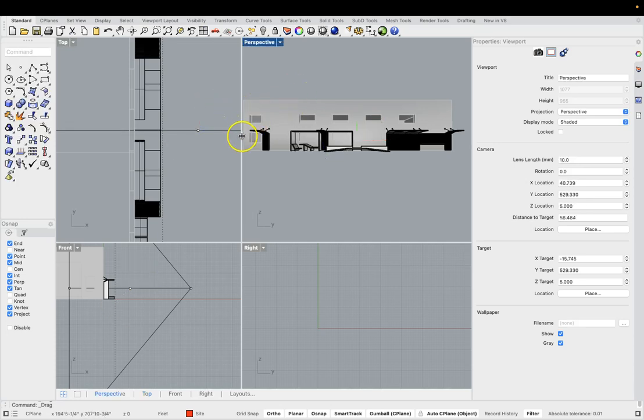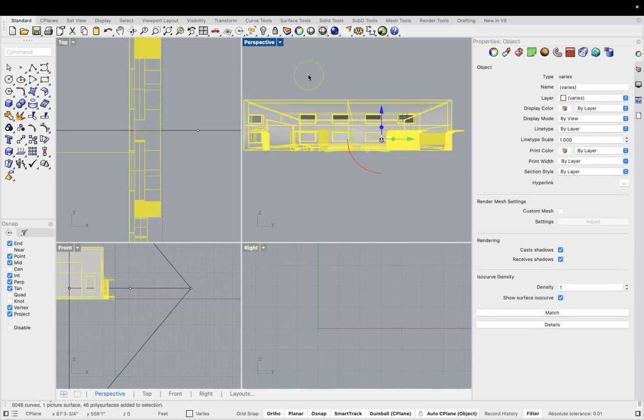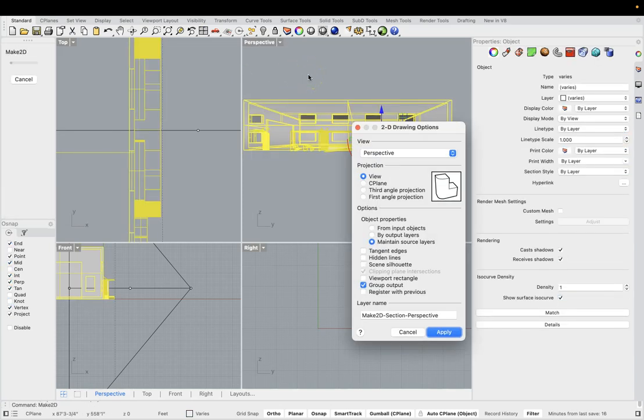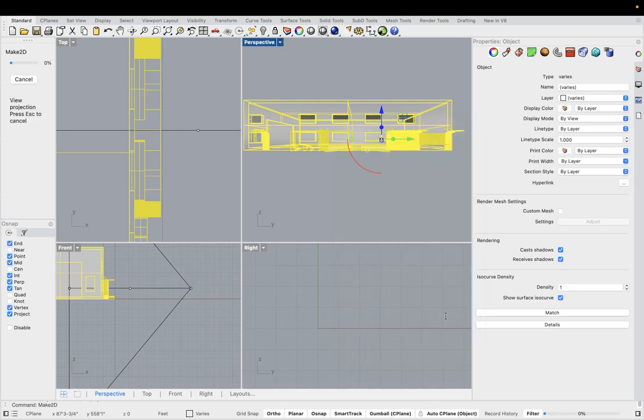And that's enough info where I've got the entry to Finney's, the back of the alley, and I can now select this and do the same thing, make 2D, grouping the output, maintaining source layers, and I can run this, and I'll call this section perspective 2, and this is going to run and make